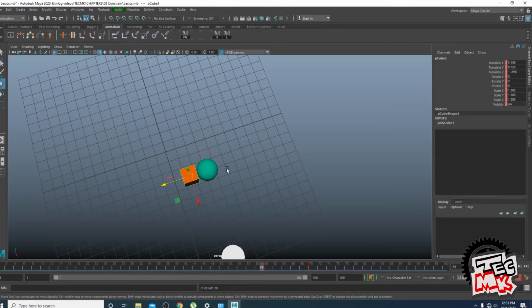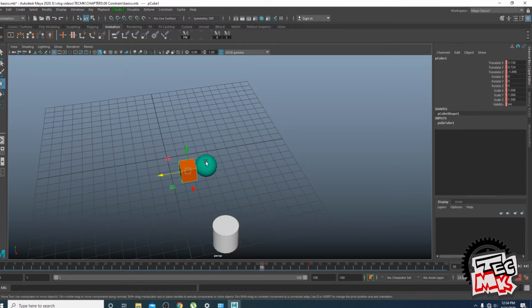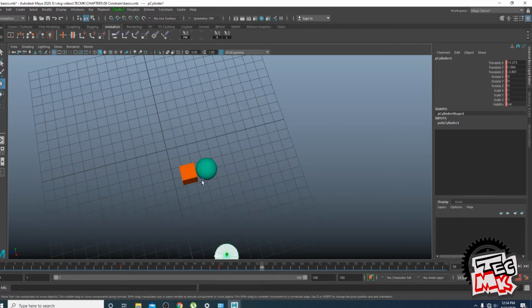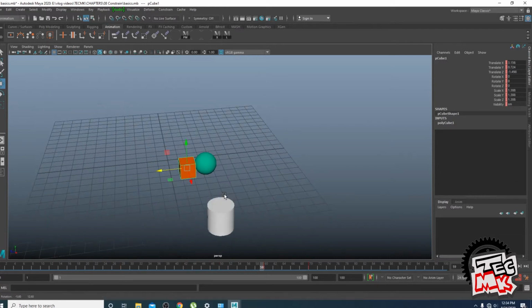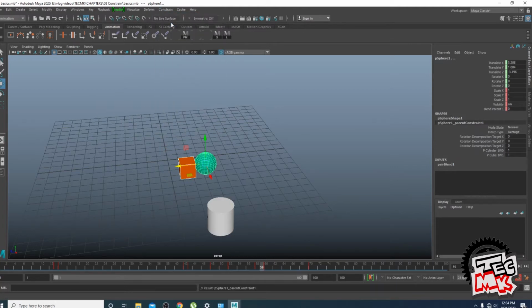So what we can do is from 59 to 60, we can attach this sphere with the cube. Earlier, the cylinder was a parent and the sphere was a child. Now we want the cube to be a parent and the sphere to be the child. So you see, the sphere has two parents. One is the cube and one is the cylinder. At 59, we'll select the parent, select the child, constraint and parent constraint.